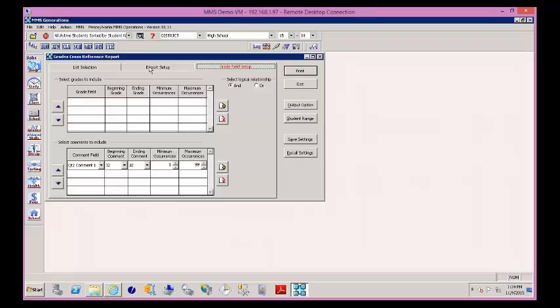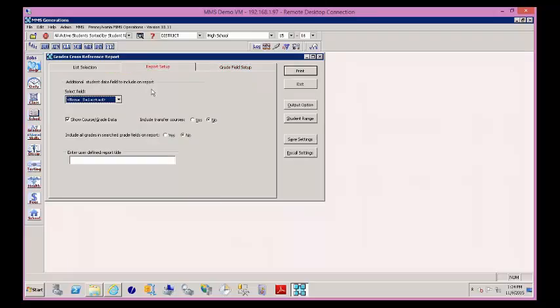If I go to the report setup, before I hit print, you can bring over another biographical field. And for this example, I actually want to bring in their advisor. So here we go. You have the ability to include transfer courses as well. All right, and when I hit print,